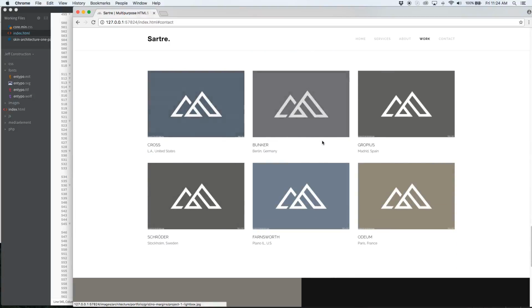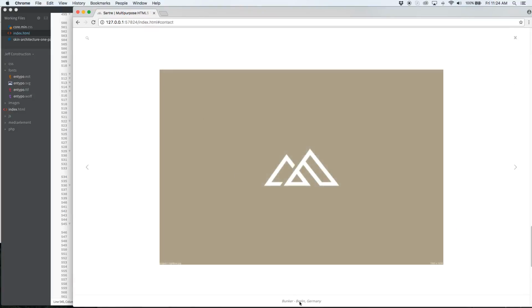These are other projects. Again, you just got to find these image files, change out the images, and you've got a little bit of text here as well. So when you change those images, let me show you this. So Bunker Berlin,